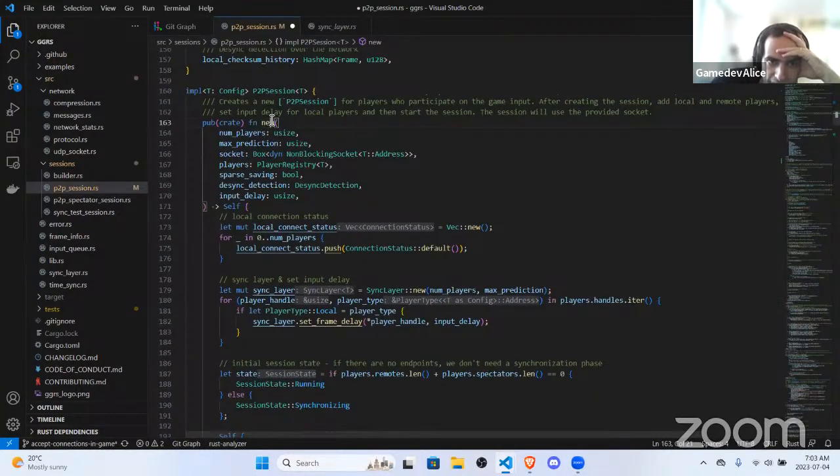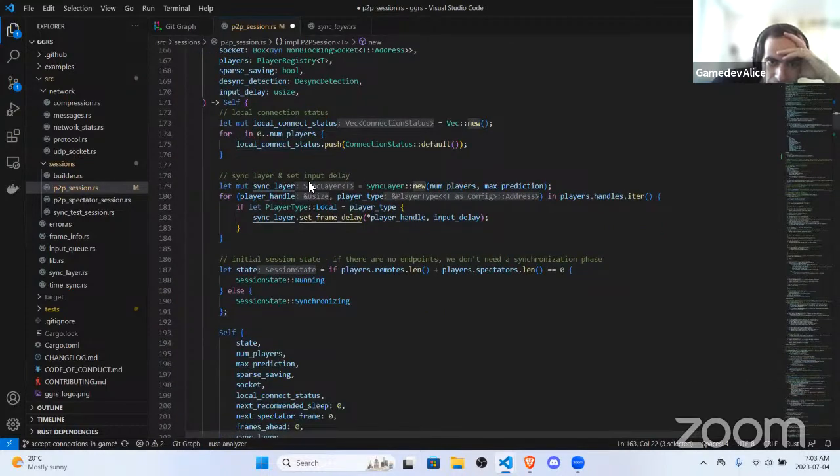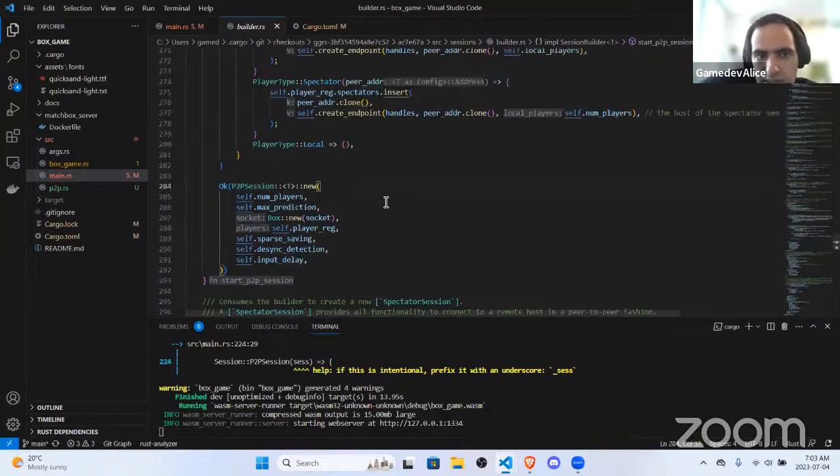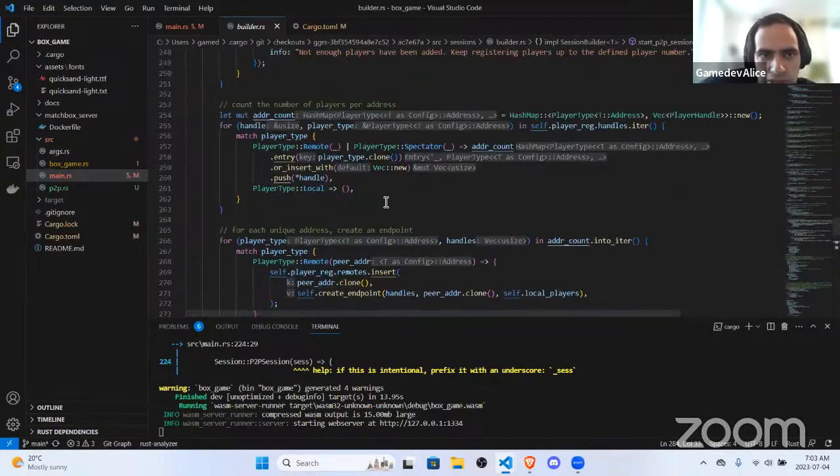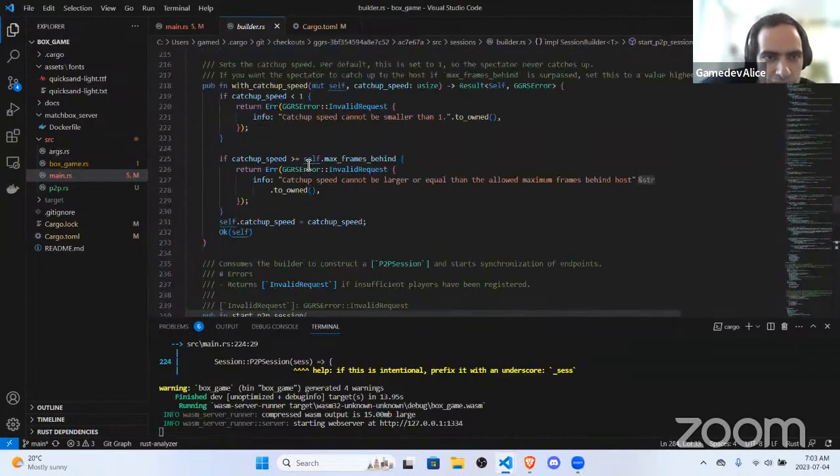If I create a new session, could I somehow overwrite the last one? Because I probably only have a mutable reference to this at the point where, let's see, if I'm in the box game,